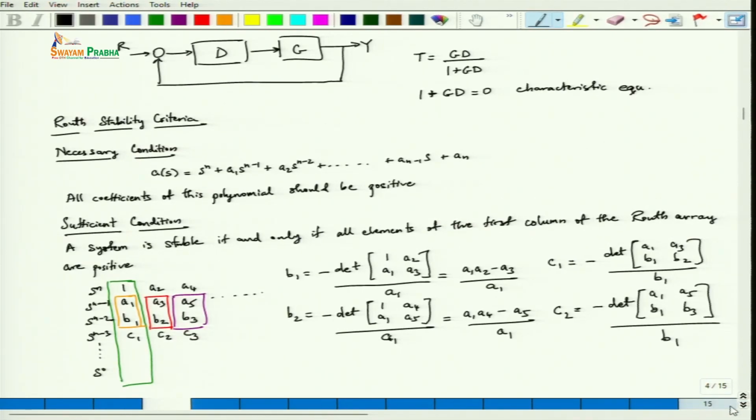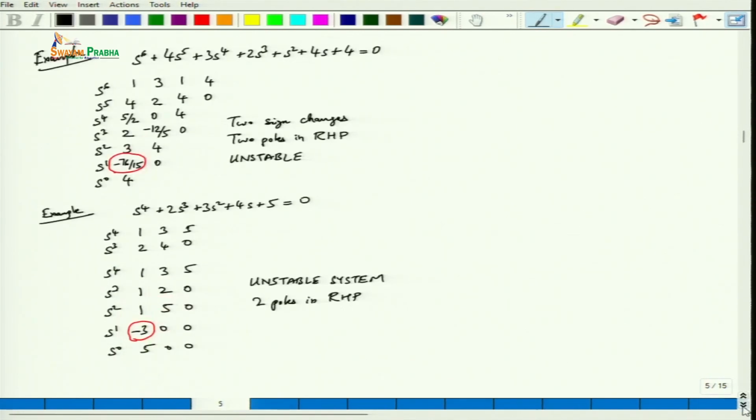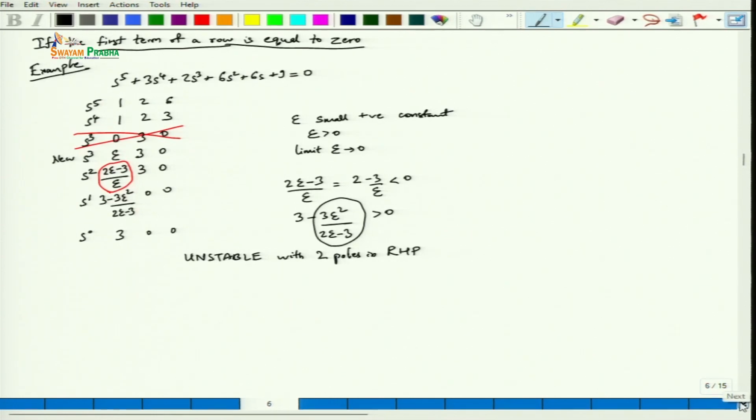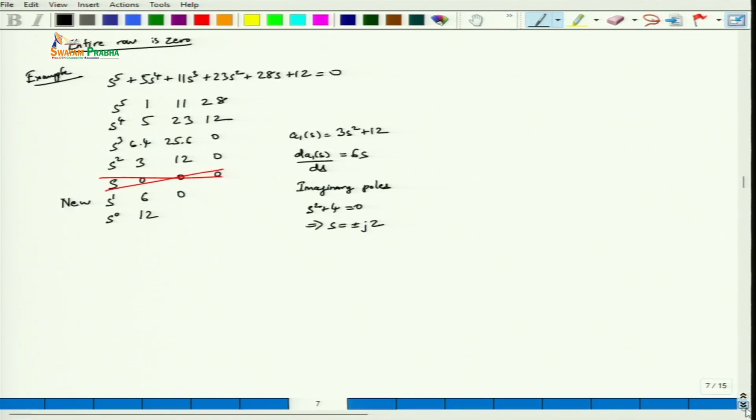And then we went on to the Routh stability criteria. We first understood the necessary condition, that is, all coefficients of this polynomial should be positive. Then we went to the sufficiency condition, which focused on the Routh array. We defined the Routh array and then did a number of examples which included 2 special cases, and then focused